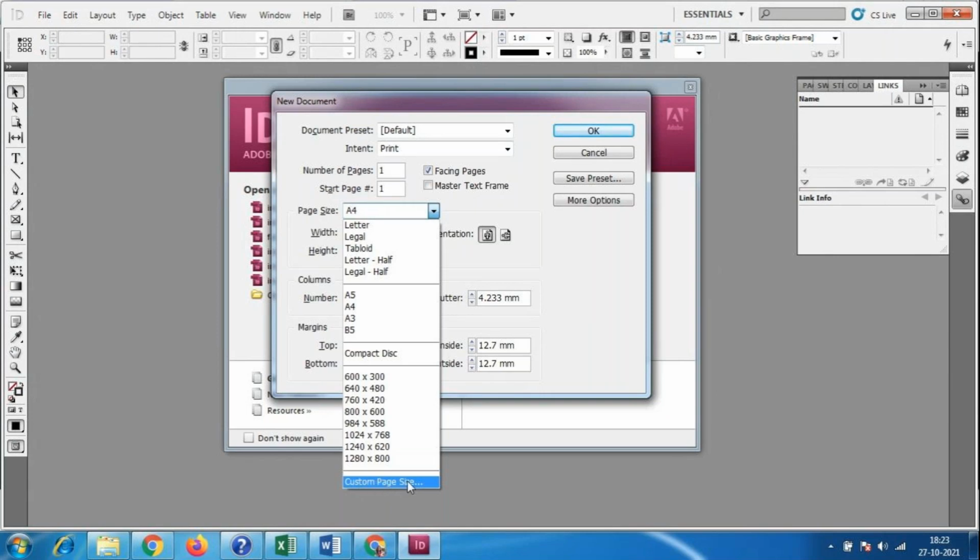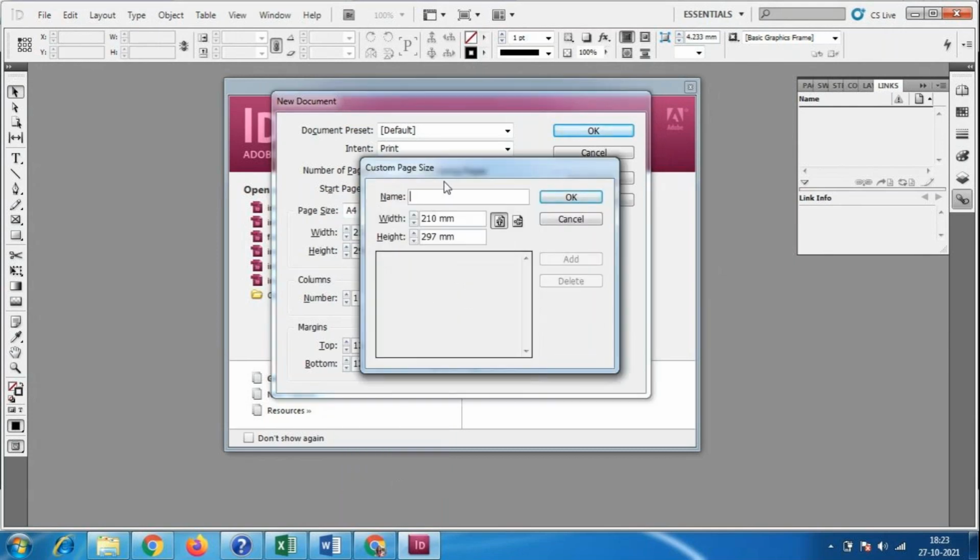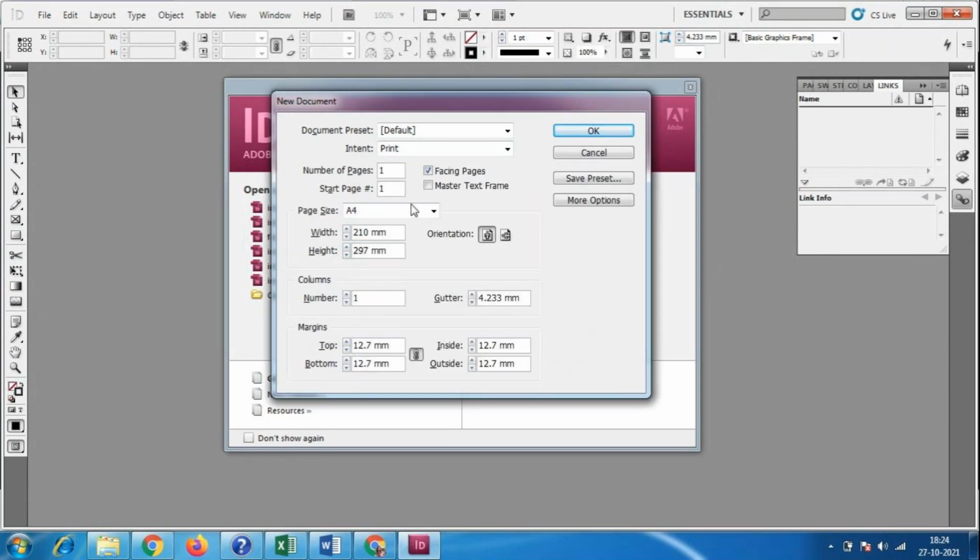Somebody says I need a poster design with this kind of size, so you can make a custom size, give your own size here. Okay, custom page size, and you can place it over here. They need a different name, you can give a different name and keep it over here. Okay, so according to the customer the sizes will be there.